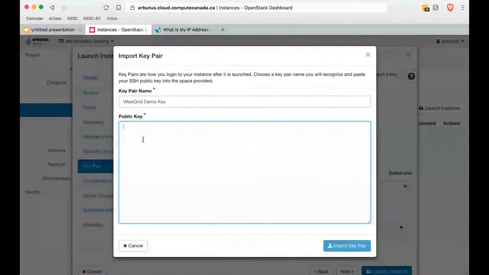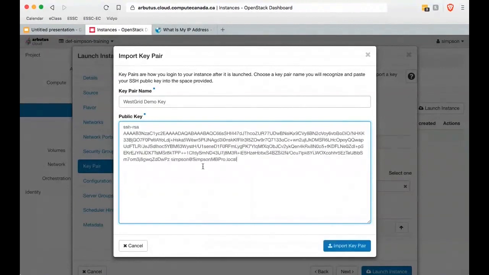So what I'm going to do here is I'm going to come to this public key space, and I'm going to Control-V or Command-V or right-click and choose Paste, or you can choose Paste from your Edit menu. And it's going to drop in this key that you just built. It's very, very important here that you're cautious or guarded against extra white space. So there should be nothing after the end of the name of your computer. There shouldn't be a space. I've just put a space in here. I'll delete that. That will mess things up because all of a sudden the key, which is exact character for character matching, is changed.